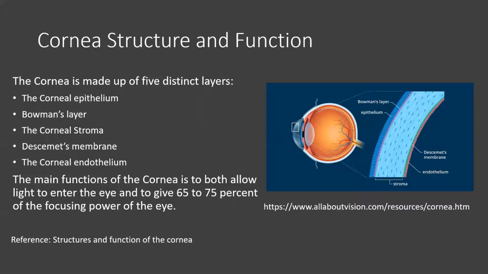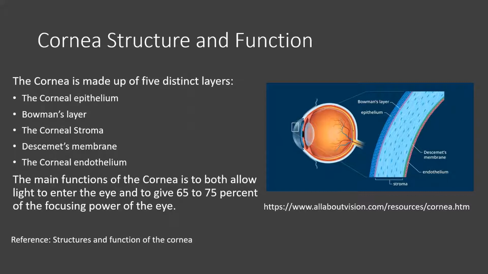It's made of 5 distinct layers. The corneal epithelium acts as a wall from outside materials and holds tons of nerve endings to be extremely sensitive. This helps the epithelium be extremely painful to the touch so that people don't scratch or touch their eyes and know to protect their eyes. Right under that is a very thin Bowman's layer, which is extremely dense and also helps to prevent corneal scratches